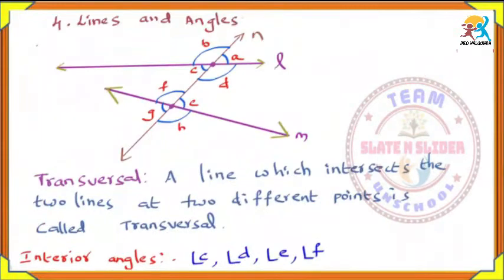The second one, if we take angle B, this is the exterior angle. So for angle B we have to take the interior angle, that is angle C or angle F. But angle C is adjacent to angle B, that's why we should not take angle C and we have to take only angle F. Here in the corresponding angles, the angles should be on the same side of the transversal. That's why I am taking like that. So angle B and angle F.